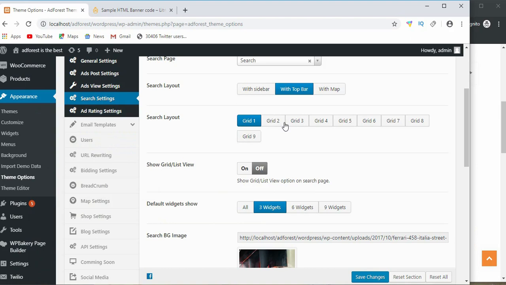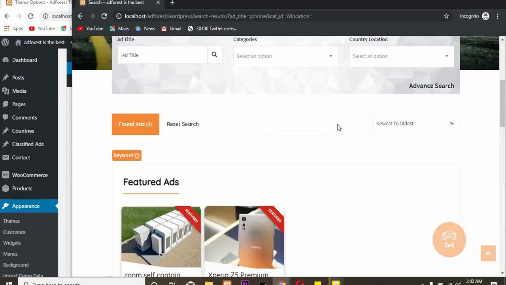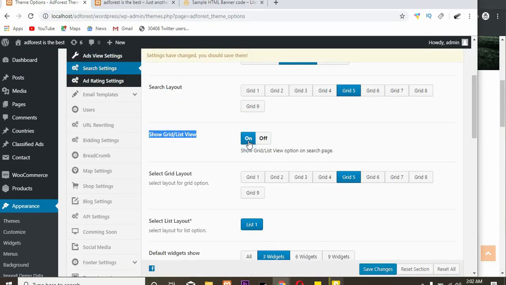Alright, I kind of like grid 5, so I'm gonna go with this. Now show grid list view is turned off. This is the area where it's gonna appear, so let's go and turn it on. It's on,